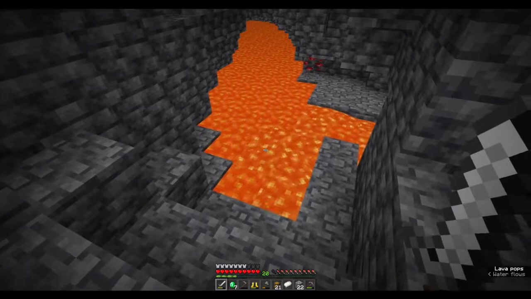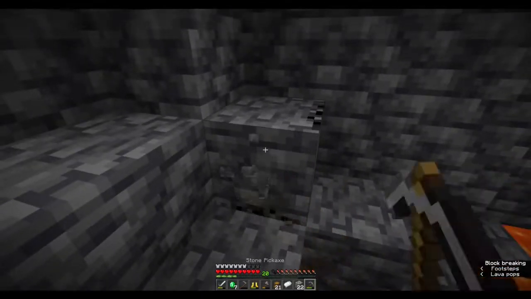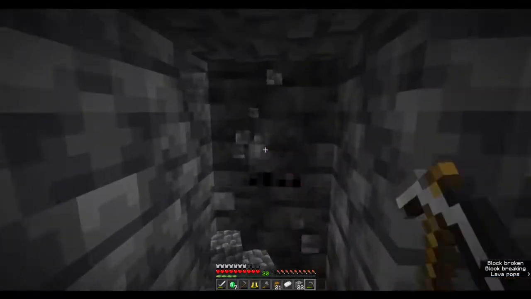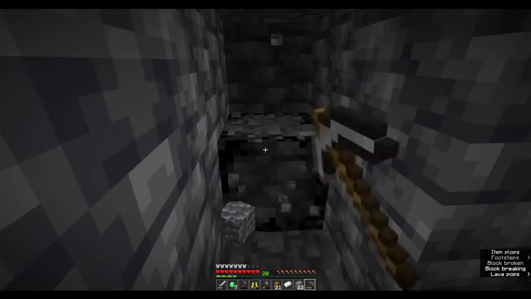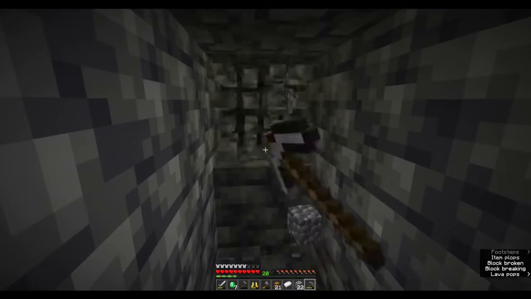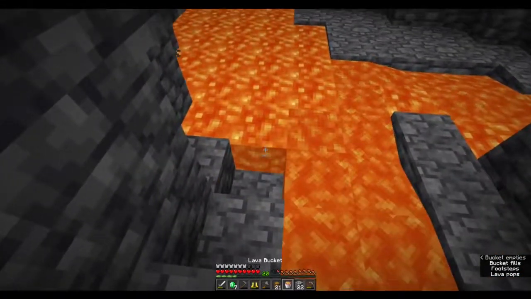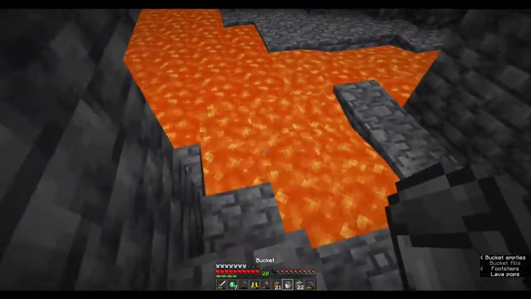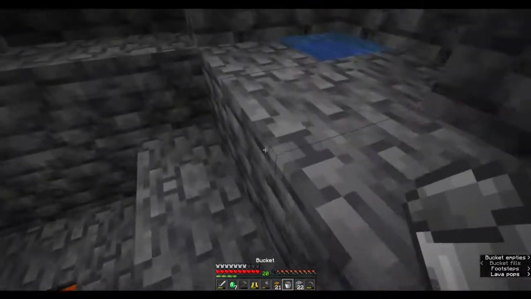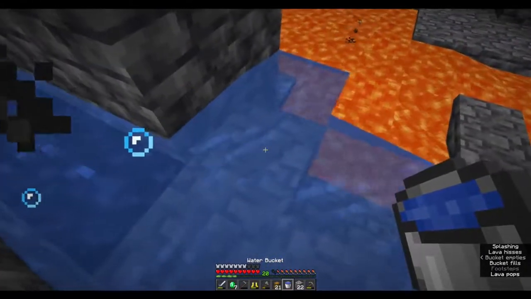Okay, we've found what we need to do our cheaty portal, so we're just going to dig out a little bit of an area here, and what we're going to do is make obsidian out of lava and water, and we're going to put it into the specific shape of a portal. That's how we're going to manage this today. So here we go. 1, 2, 3, 4. There we go, and we'll just cover that, and that is now, oh dear,